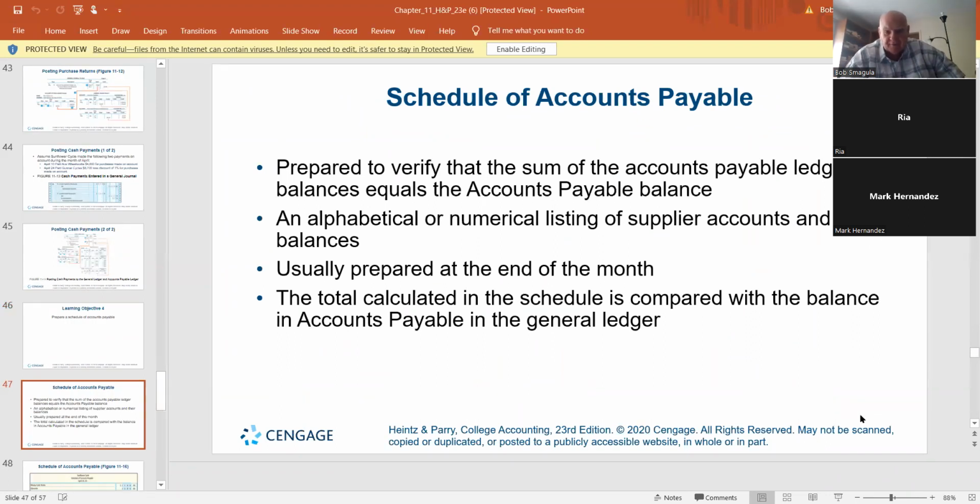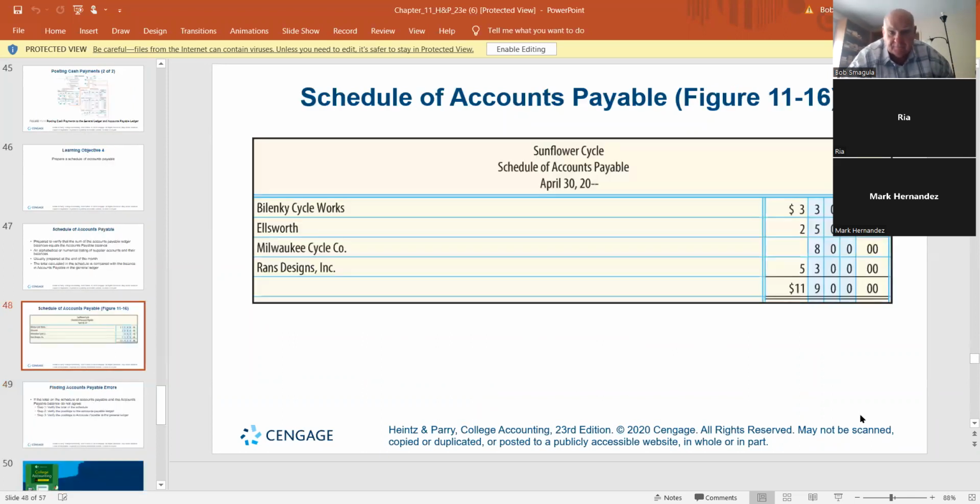Typically alphabetical order. You prepare it at the end of the month. And again, the total of all these vendors, all these sellers better equal the total in your accounts payable. And it looks like they just have 4 people: Blinky, Ellsworth, Milwaukee Cycle, and Rand's Design. It adds up to